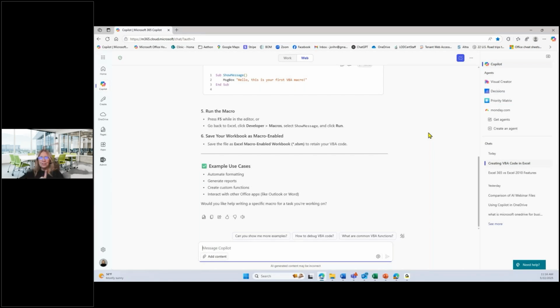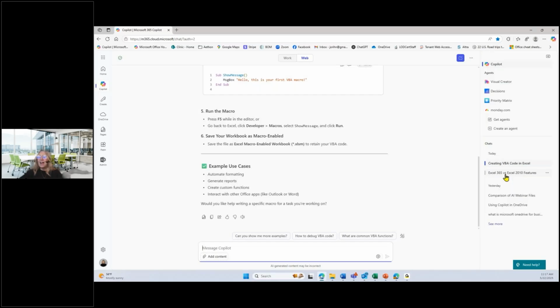But it's super exciting. And I just wanted to point that out because that's on your right-hand side. But also what you're going to find on the right-hand side is the history of your previous chats. I was doing a session the other day where I was helping them migrate from Office 2010 into Microsoft